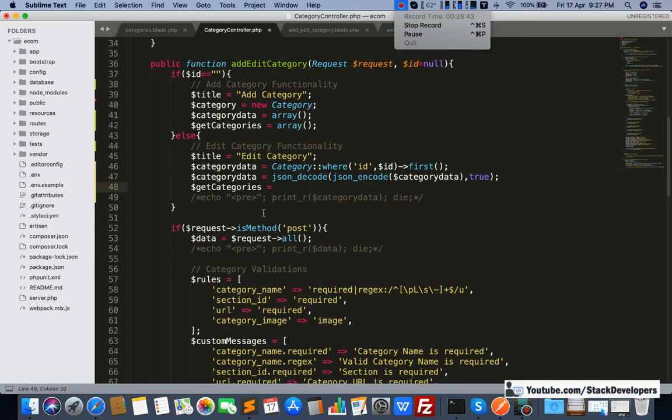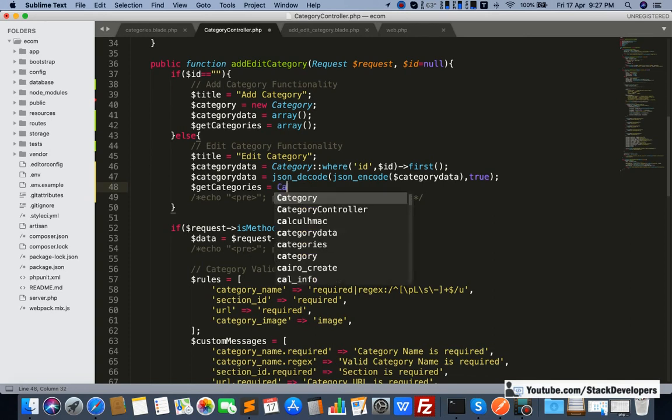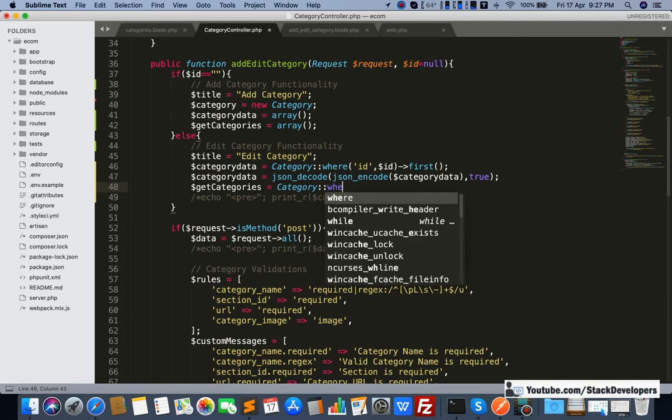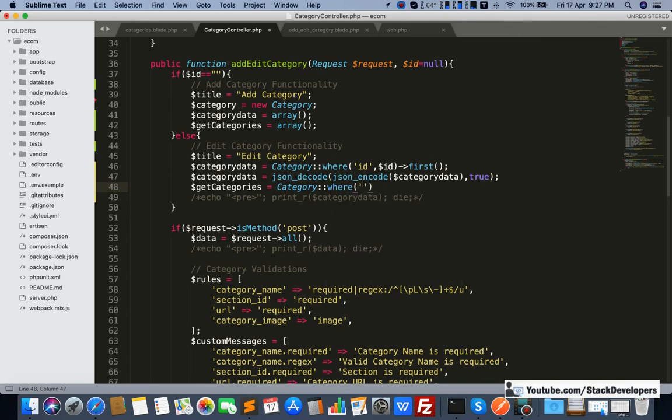Then we are going to show all the categories here. For that I am going to fetch from the category, and here I am going to pick the categories for all parents, where parent id is 0.